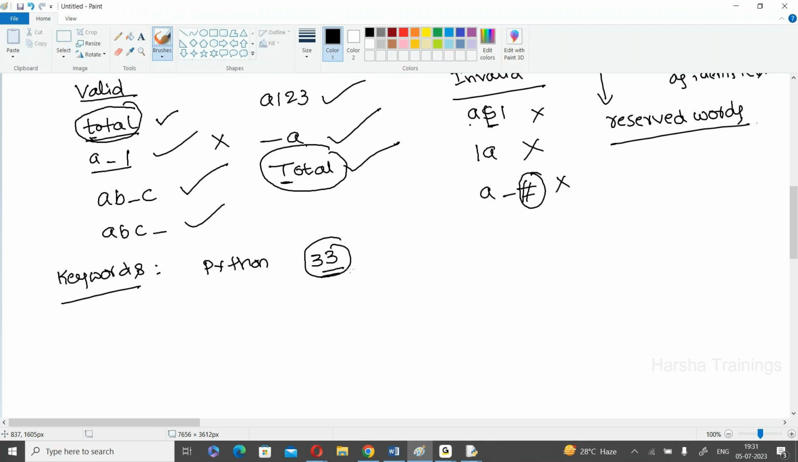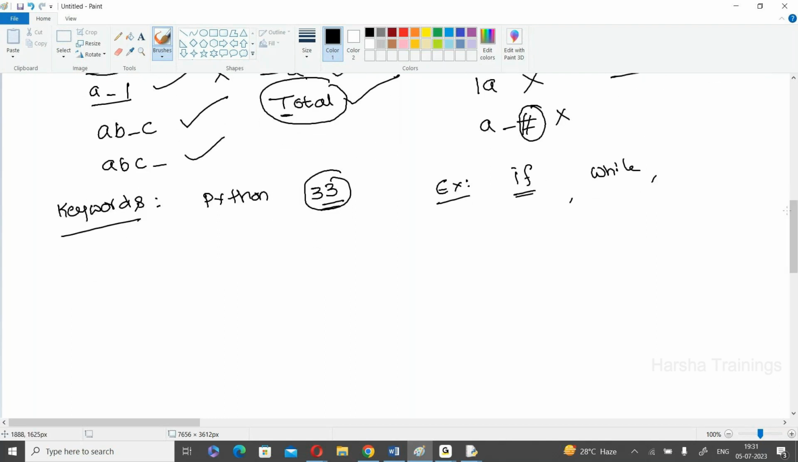That is, 33 words are reserved for some specific purpose. For example, if is one keyword which is used to check some condition. While is one keyword used for repetition. Like this, some keywords are reserved. Total 33 keywords. Among the 33 keywords, remember,